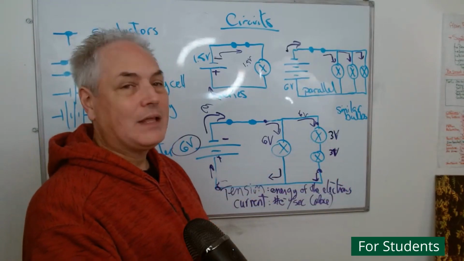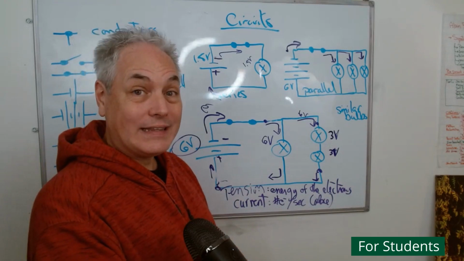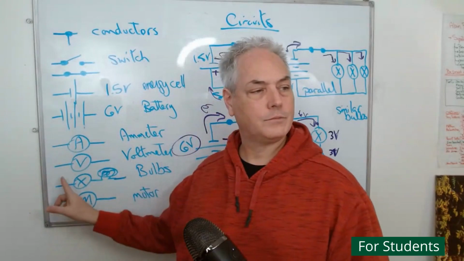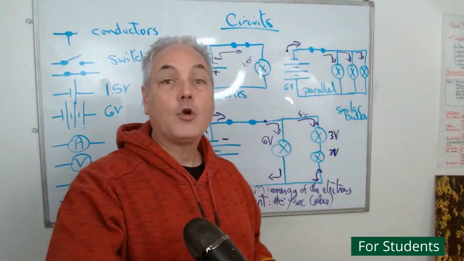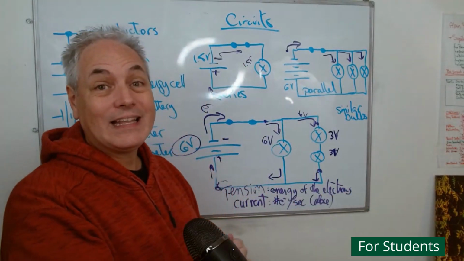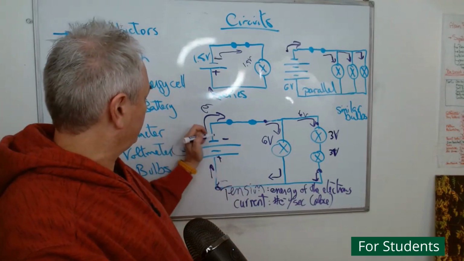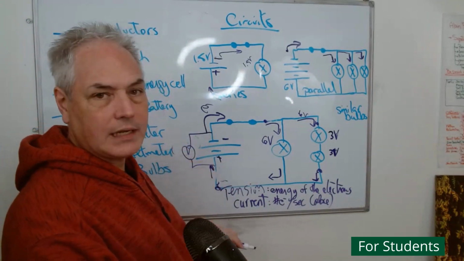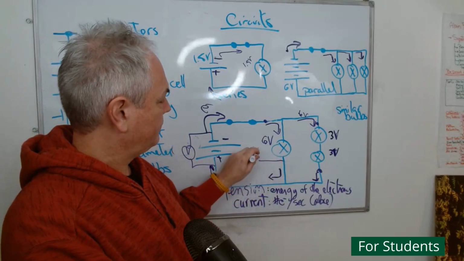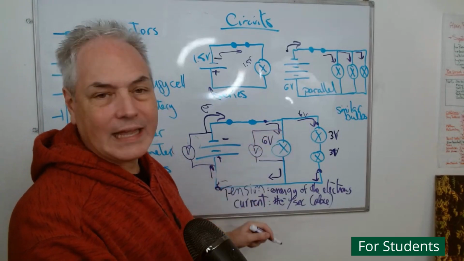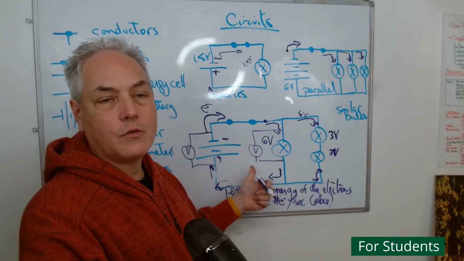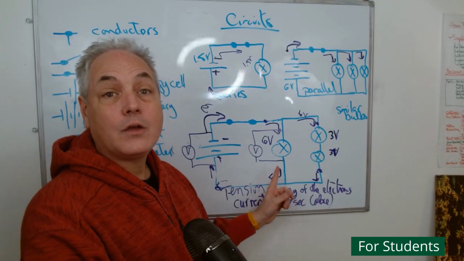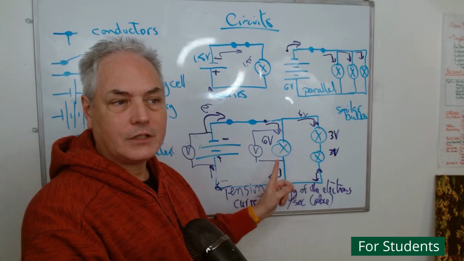Perfect. Now, how do we measure this energy? We use what we call a voltmeter. So the voltmeter is right here. We are connecting a voltmeter in parallel. So here, like this, and like this. And the reason why we measure the voltage or the tension with a parallel connection is that